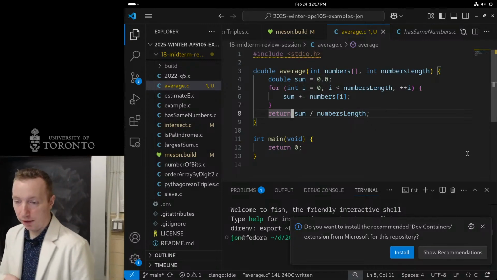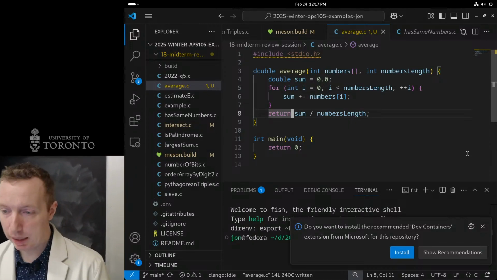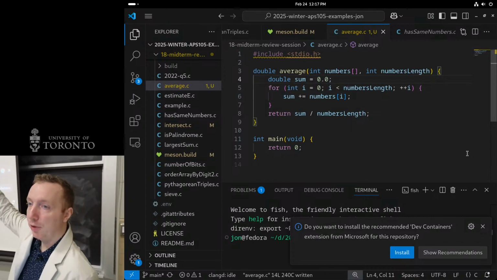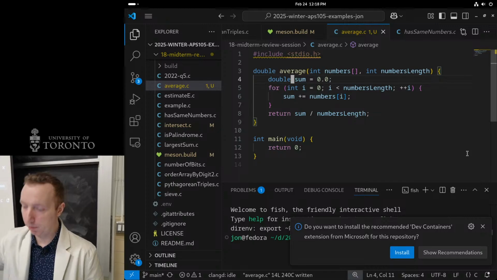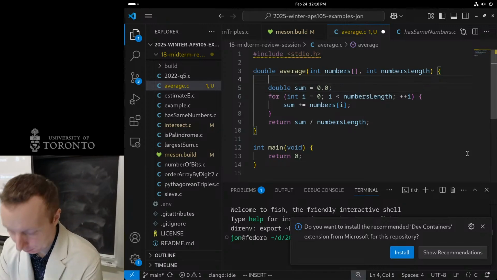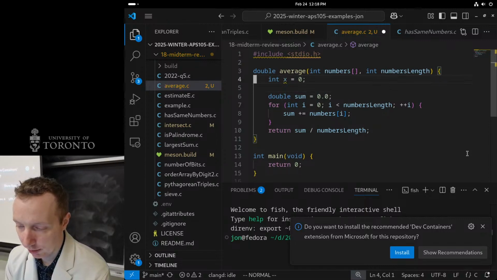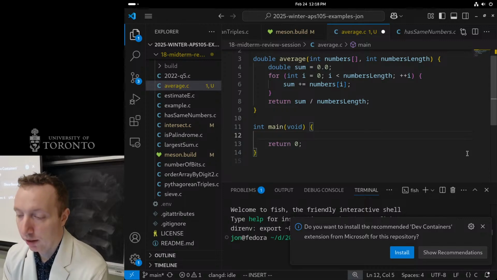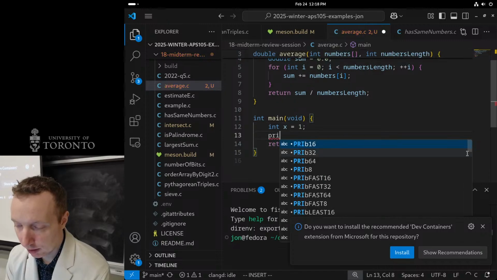Yeah, so the question is, what is the difference between plus plus I and I plus plus? So the difference in this case, if you don't use the value of the expression, there's no difference between them. The only difference is going to be if I do something like this. If I have int x equals 1, here, let's do it in main so we can actually see the result. If I have int x equals 1, and then I do printf,